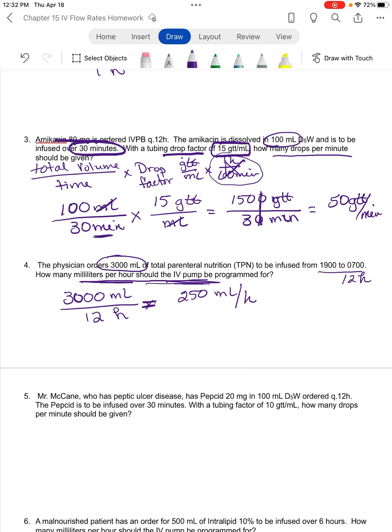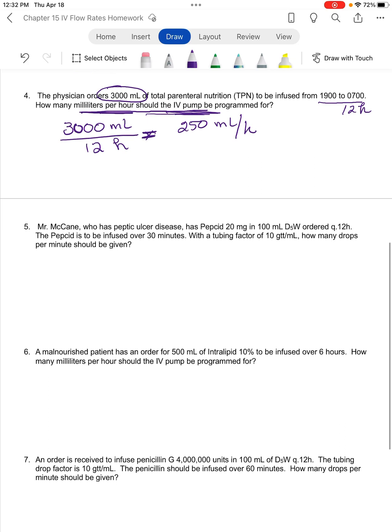They're not difficult. Mr. McCain, who has peptic ulcer disease, has Pepcid 20 milligrams in 100 milliliters D5W, ordered every 12 hours. The Pepcid is to be infused over 30 minutes with a tubing factor of 10 drops per milliliter. How many drops per minute should be given? All right, so since it's asking for drops per minute, and I'm given a drop factor, a tubing factor, a drop factor is the same thing,